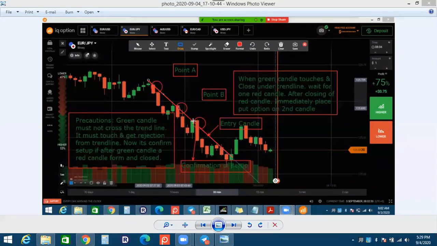And when the green candle touches the trend line again, and once a red candle closes here, we will trade on the second red candle. So that is a formation, that is a sequence of the market. When you saw two red candles, and again two red candles, you just join the 2 points, and when the third time the market touches the level and you find a red candle, this candle will be your entry point. You can place a 1 minute trade on this candle here.